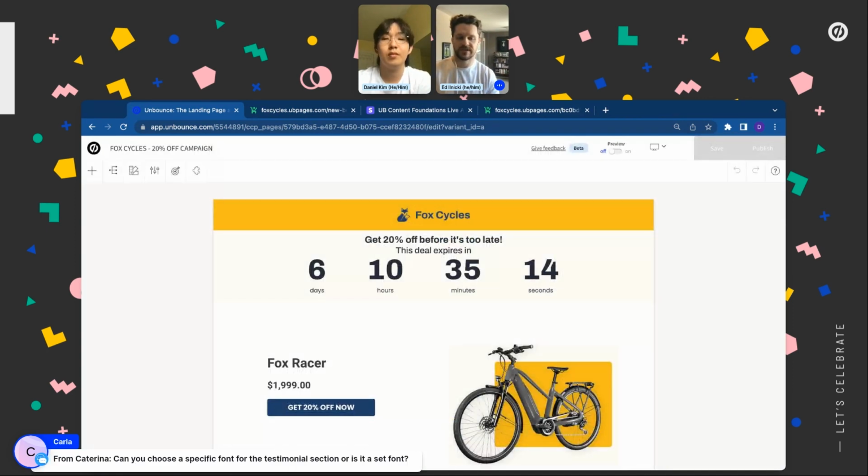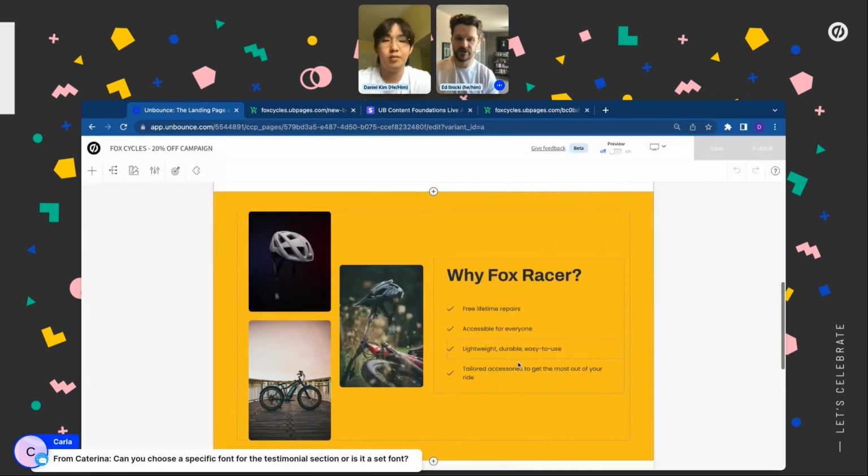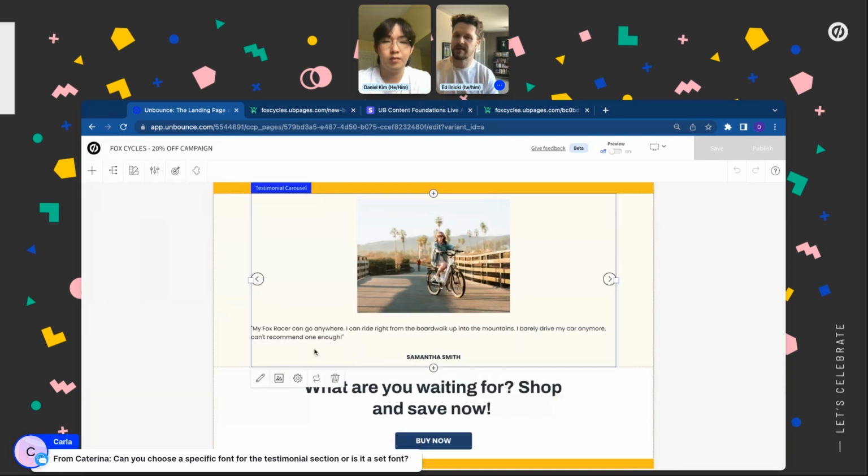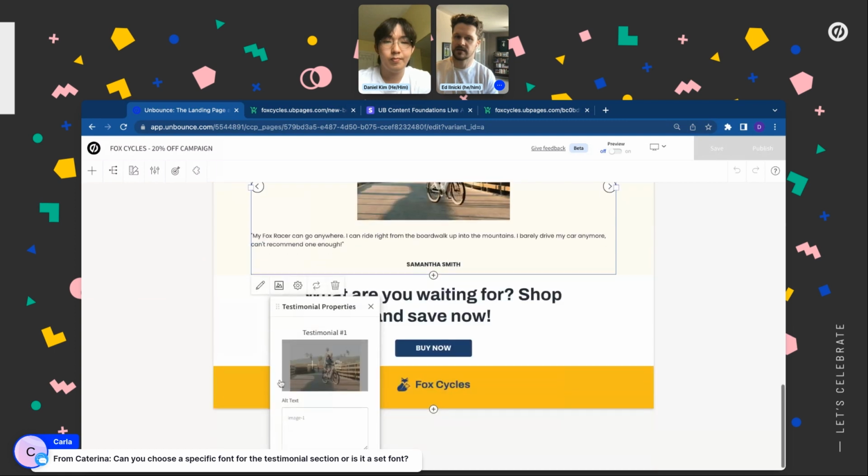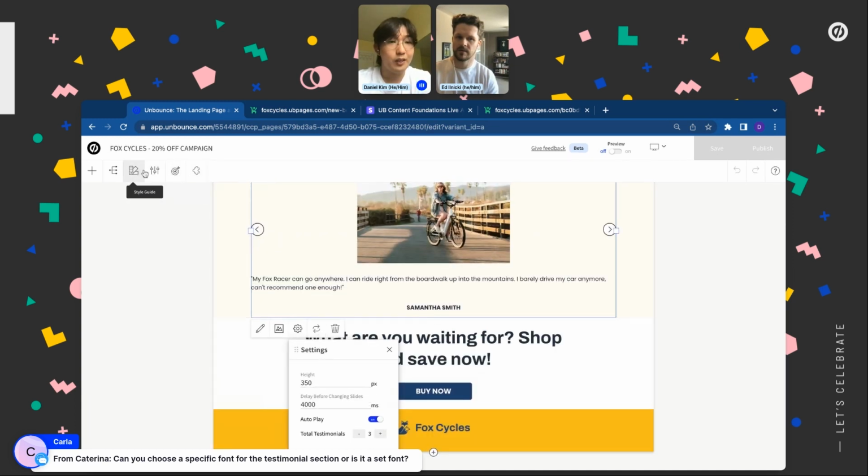Can you choose a specific font for the testimonial section, or is it a set font? I believe it's categorized within the design settings, Dan? Yes, I believe it's the style guide. So this would be considered a paragraph. I believe so, yes, but correct me if I'm wrong. I could double check right now, actually. So if I go to the style guide, tool around,